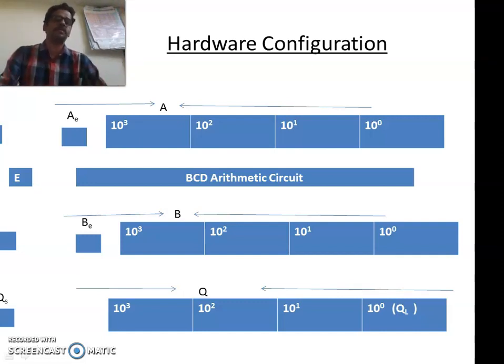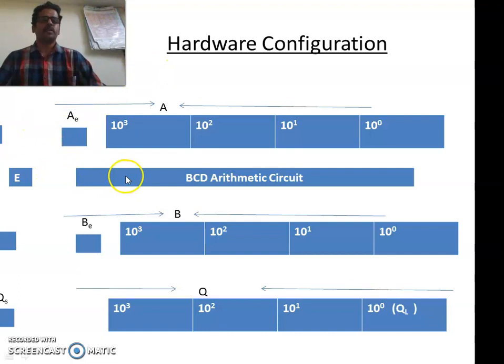In case of binary numbers, 0 is used to represent positive sign and 1 is used to represent negative sign. In the same way, in BCD, 0 is used to represent positive sign and digit 9 is used to represent negative sign. In BCD form, 0 will be represented as 0000, that is used to represent positive sign, and 9 is represented as 1001, that is used to represent negative sign.